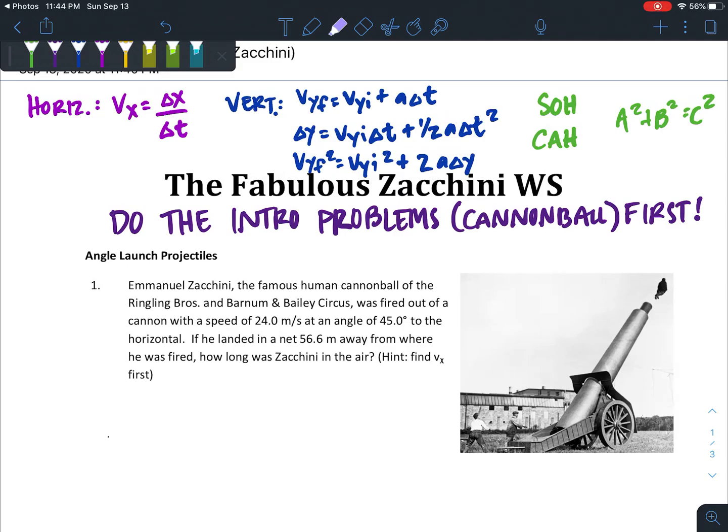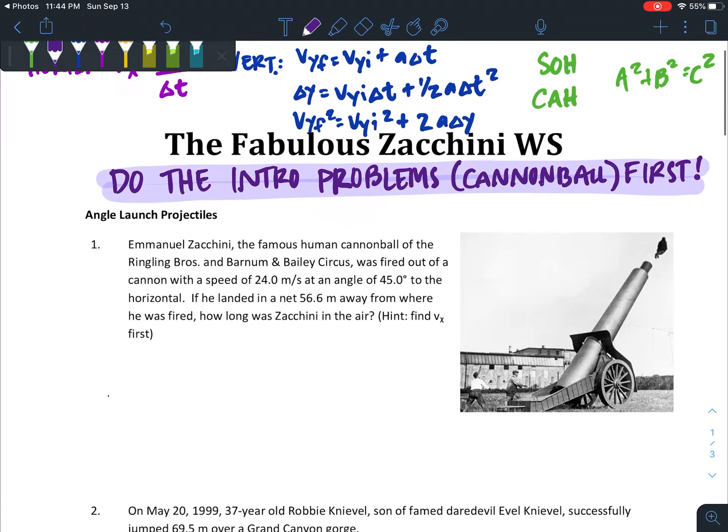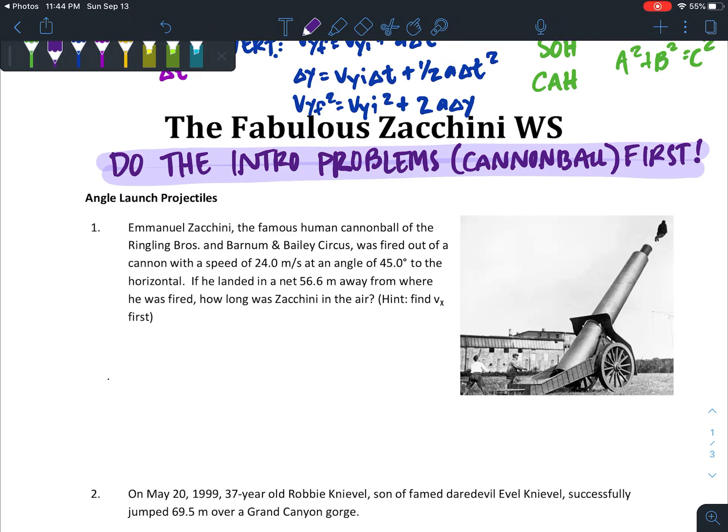Alright, let's talk about the hard angular projectile problems, aka the fabulous Zacchini worksheet. As written here, you should definitely do the cannonball problems first. You need those intro problems before you attempt these. These are quite a bit more difficult. However, if you can do these, then you know that you're in really, really good shape